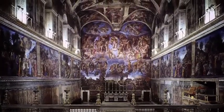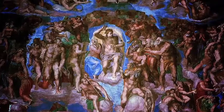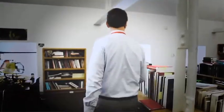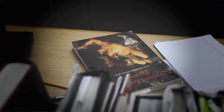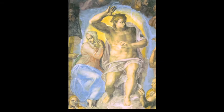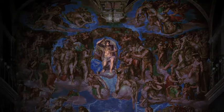So I was working on the exhibition, in a relatively early stage of things, and I had a book out, a collection catalog for our museum that has Prometheus Bound on the cover. And so I'd left, and when I came back, I saw the book upside down. And I said, this figure, when you look at it upside down, reminded me of something else. It reminded me of the figure of the risen Christ from the Sistine Last Judgment, which